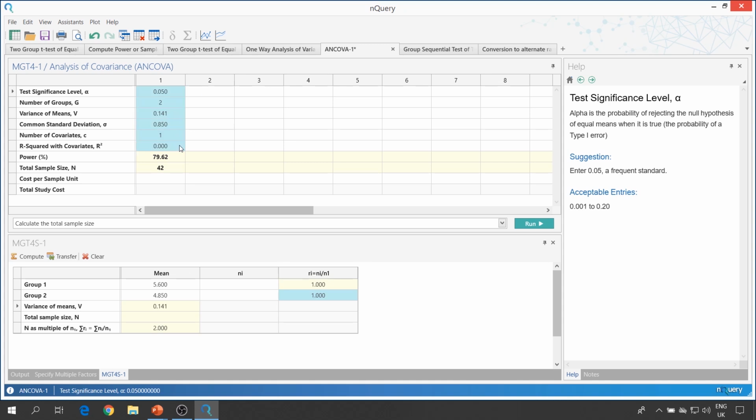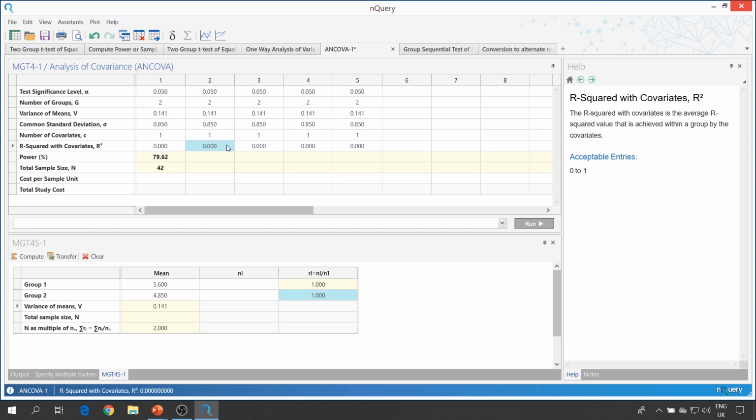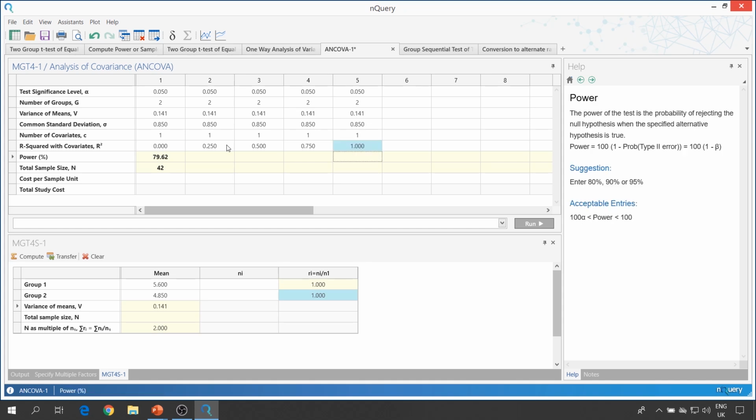So let's do the same thing now, but instead of having no relationship between baseline and outcome, let's set 25% in column 2, 50% or 0.5 in column 3, 0.75 or 75% in column 4, and let's set this last one to near 1, which would basically imply that our baseline is perfectly predictive of outcome. Now in that case, conceptually the method is an approximation and ends up giving a result, but obviously you would probably argue